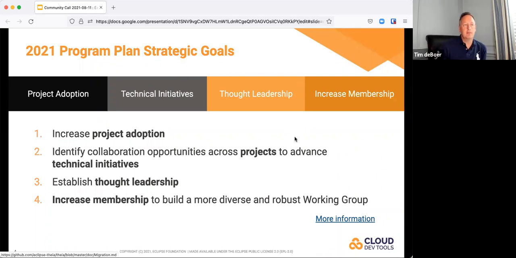The third goal is to increase our thought leadership. We want people to not only think of Theia when they think of a good IDE, but to get an awareness of Eclipse and Eclipse Cloud tools, this set of tools we have together as all being powerful tools in their own right, but a system and a set of things that work well.